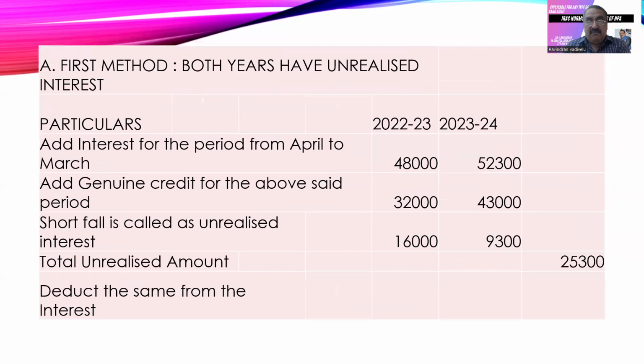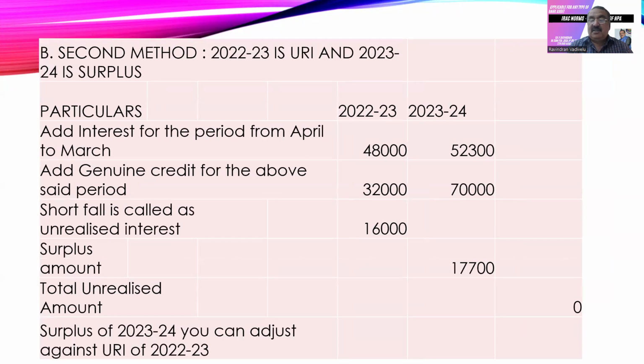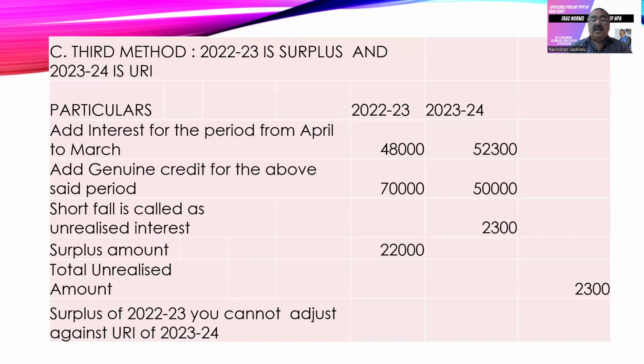I'll go to the first method, and in both years you have got a deficit. So you can add them and reverse this as the unrealized interest. In the second method, you have got a surplus in 23-24 and a deficit in 22-23. You can adjust the surplus of 23-24 against the deficit of 22-23. And here in the third method, there's a surplus of 22-23. You should not adjust it against the deficit of 23-24. Here, the unrealized interest is